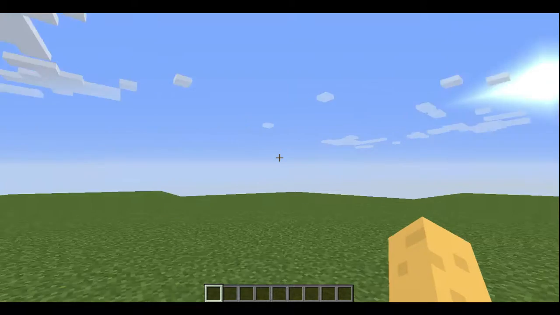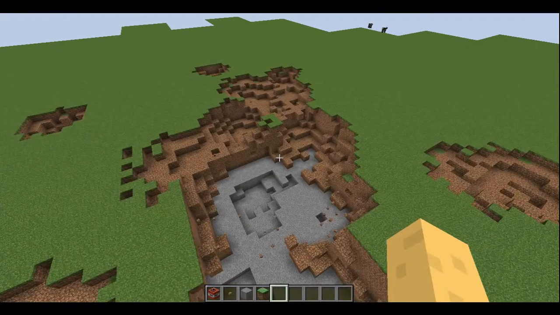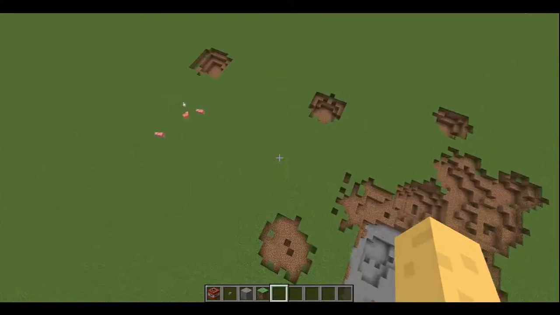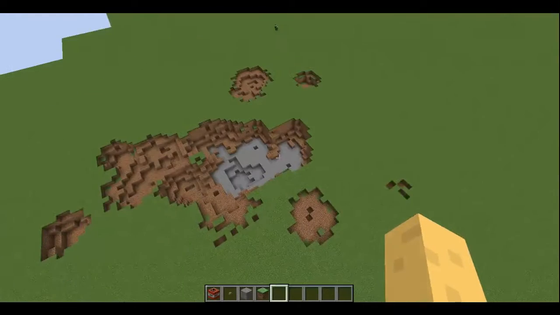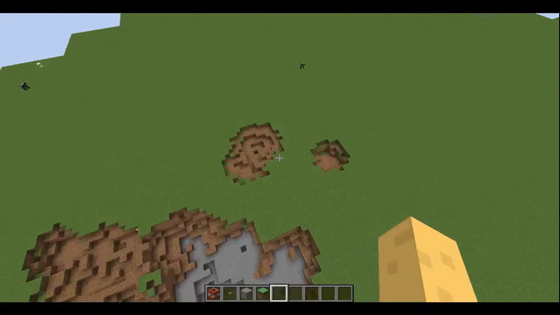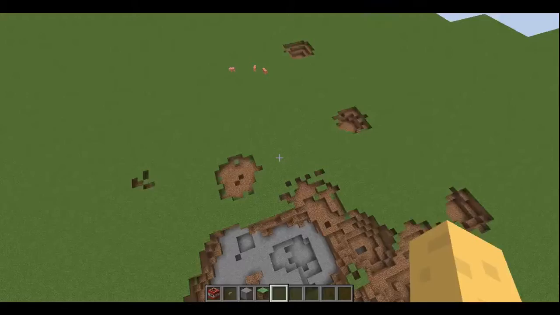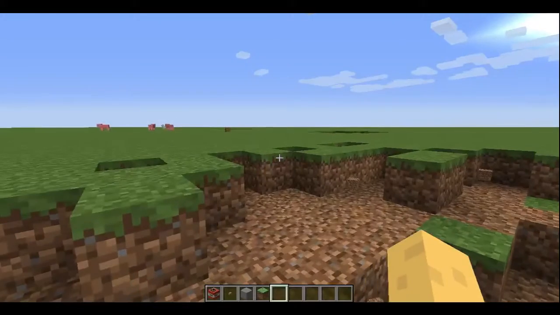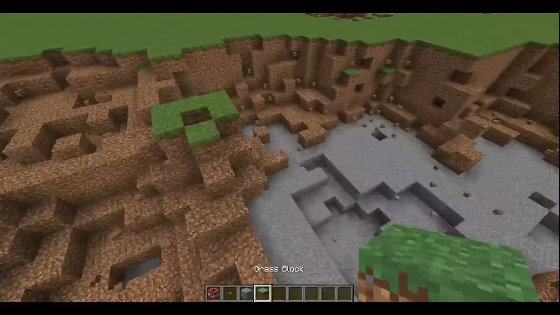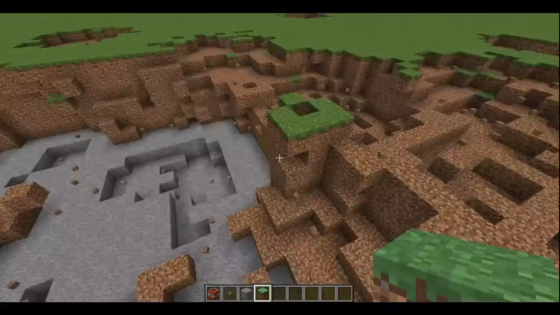And then you might notice that you have multiple craters. If you have a large amount of TNT, you might create a large amount of craters, so what you want to do is fill up those craters, or fill up the craters that you don't want. So I'm actually going to skip that step. And pretty much,